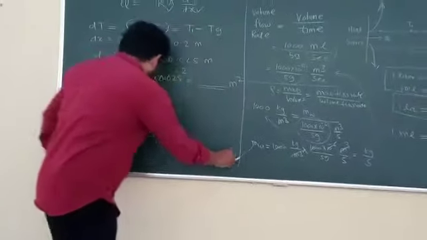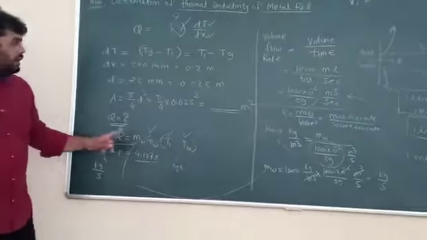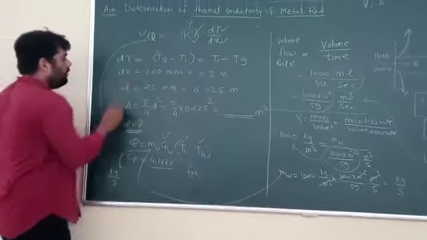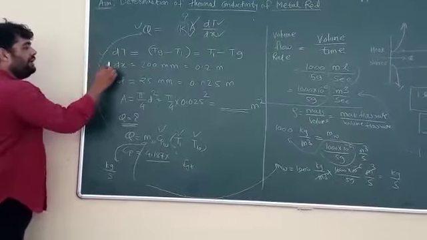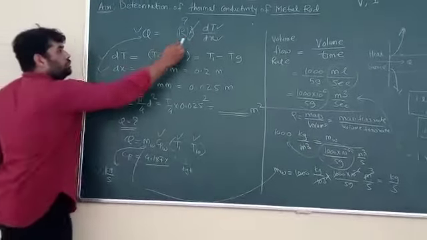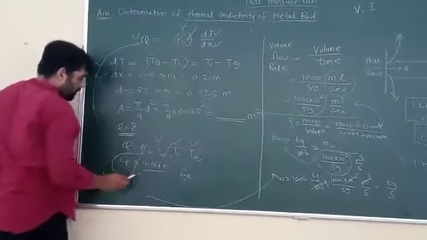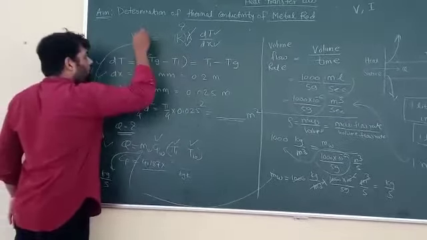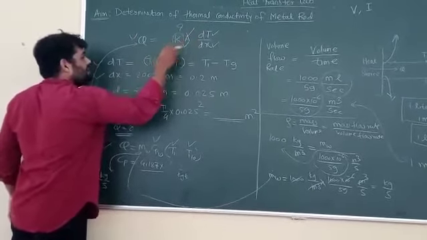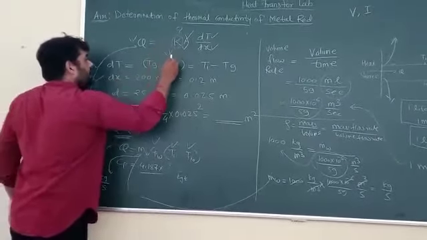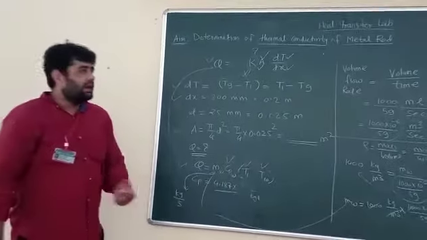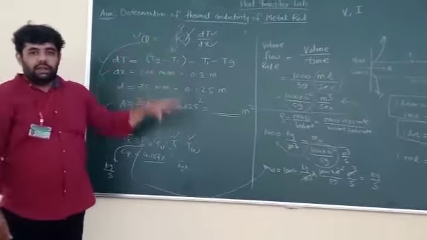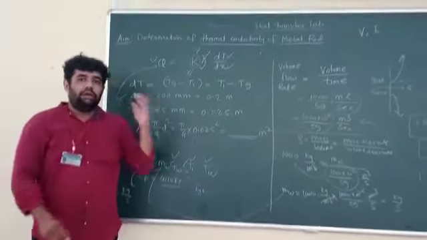Now we got m dot w. If you put m dot w here, you can calculate Q. Just put this value of Q here. We have already calculated dT, dx, and the area, so A, dT, dx are known. From this calculation, we have also calculated Q. As you know, all four terms Q, A, dT by dx are known, so just put all the values in this expression and you will get the value of k, the thermal conductivity of this rod. In this way, we can calculate the thermal conductivity of the metal rod, and this is the calculation procedure to find out the k value.